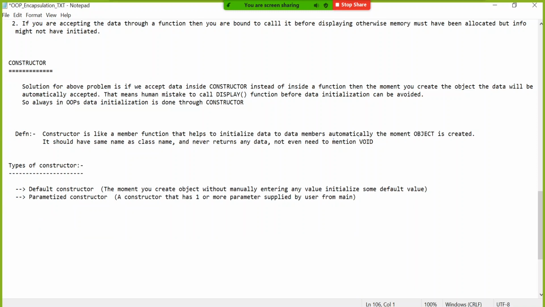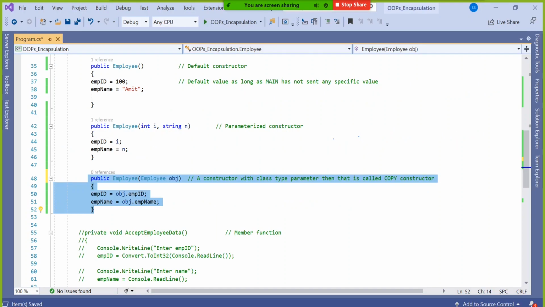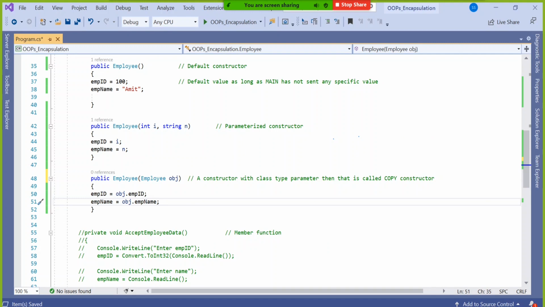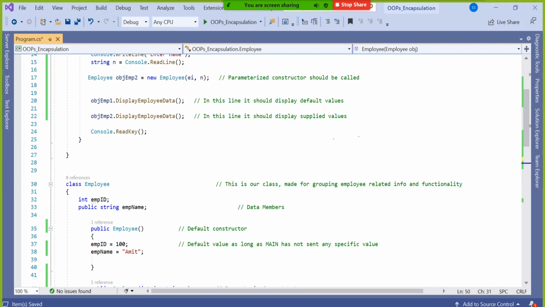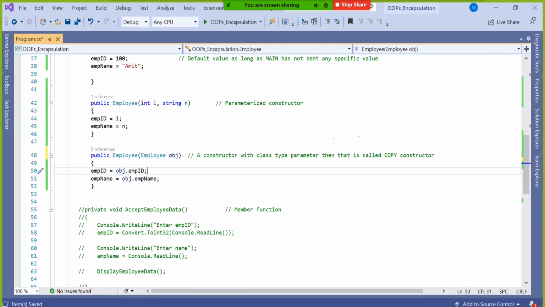But the idea is, if you are supplying a lot of parameters, then it is not a good idea to have so many comma-separated parameters. You supply one object as a parameter from main. So I will tell you how to supply an object as a parameter from here. From that object it will collect the respective data and supply it to this.